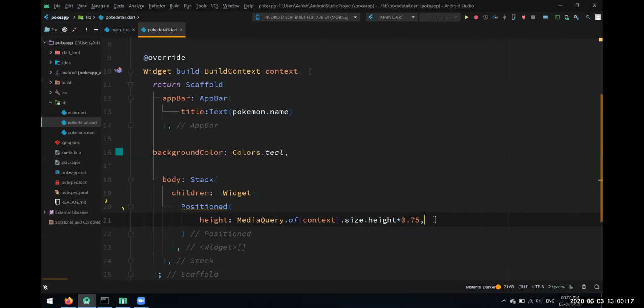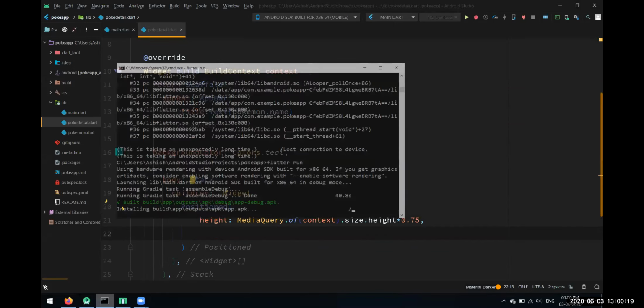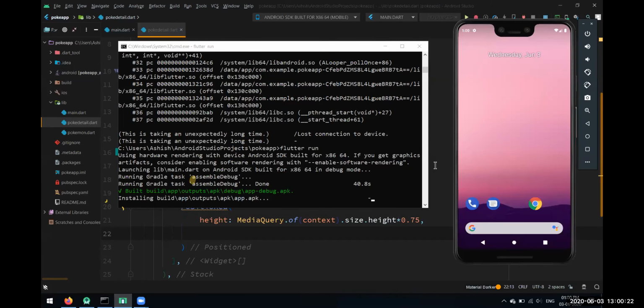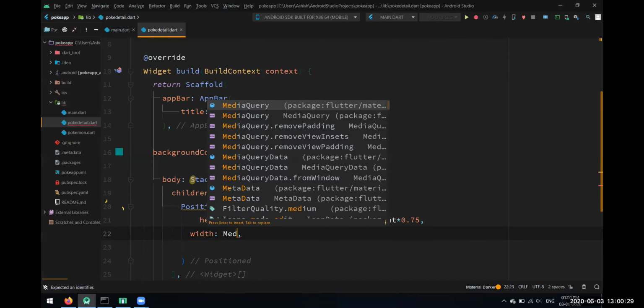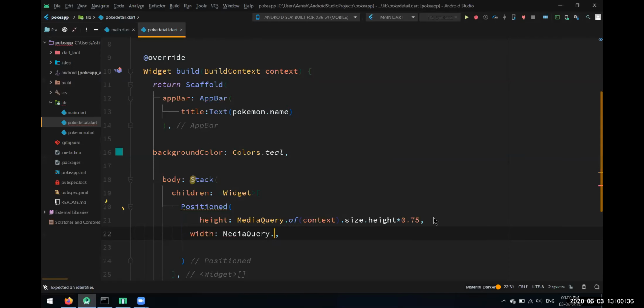Again, we also have the width property over here. Our app is getting built until now, so we'll give the width also over here. Width, same, we'll use MediaQuery, and we'll reduce 20 pixels from this side so that it would look good. MediaQuery.of(context).size.width minus 20, so it will shift a little bit, 20 pixels this side.